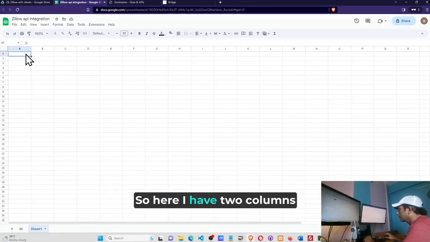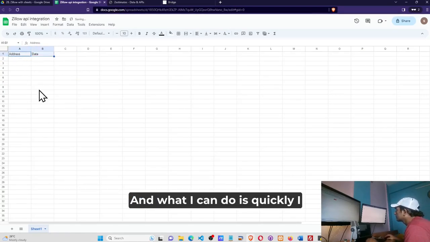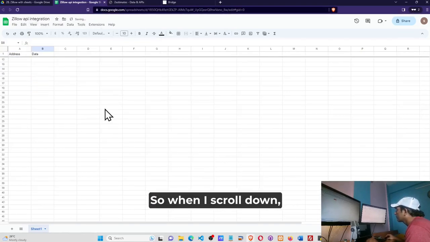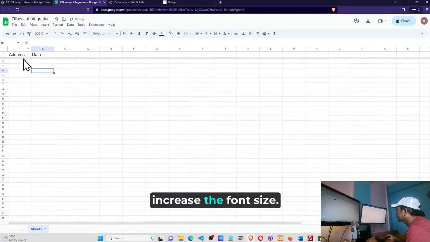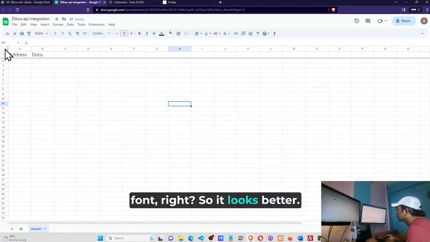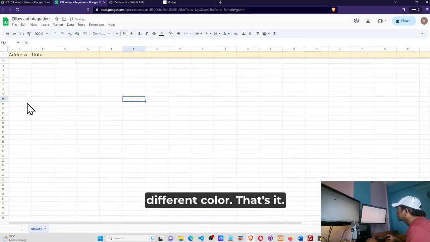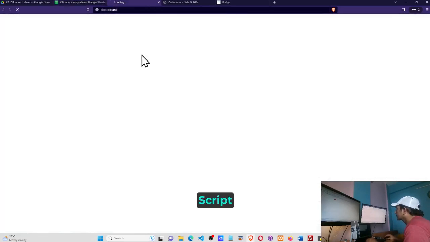So here I have two columns called address and let's say data, and what I can do is quickly say view, freeze one row. So when I scroll down, this data doesn't go away. Now for the data sheet, I'm going to make the font size bigger, maybe I can change to a different font so it looks better, and I'm going to make it a different color. That's it, right? Now let's go to extensions and Apps Script,